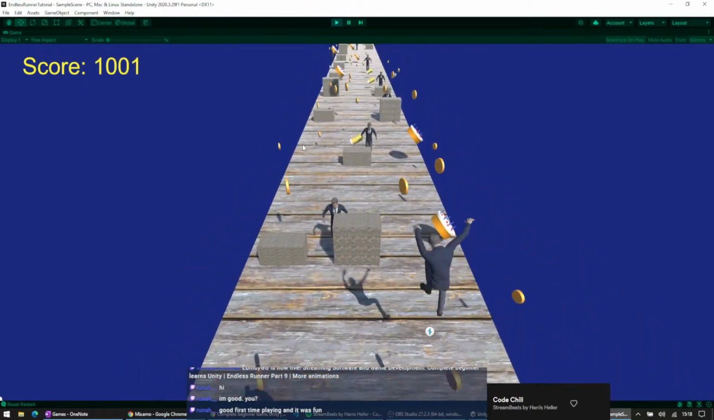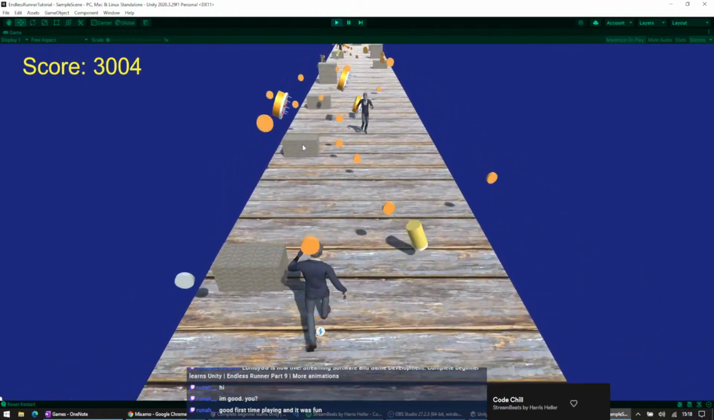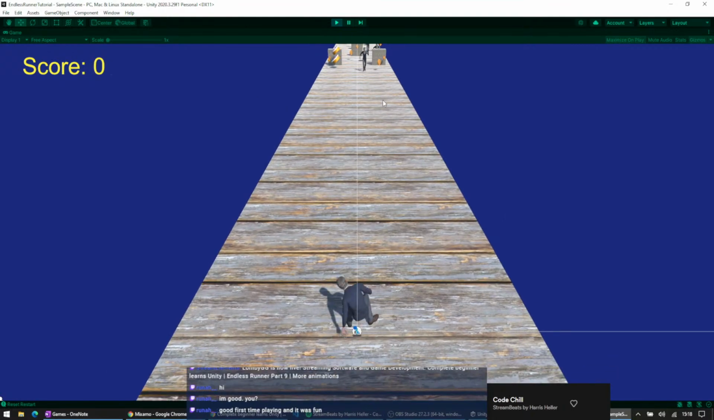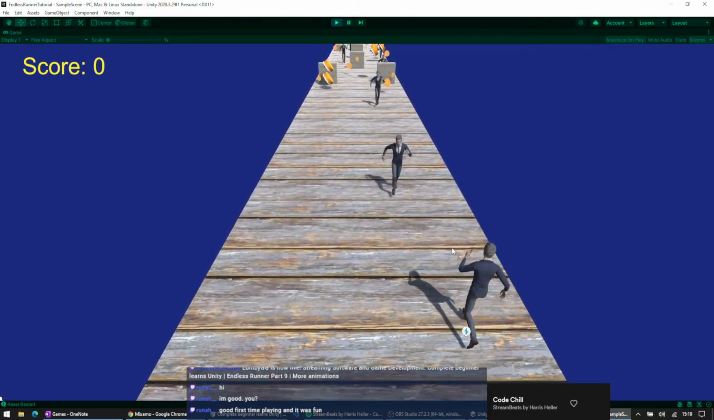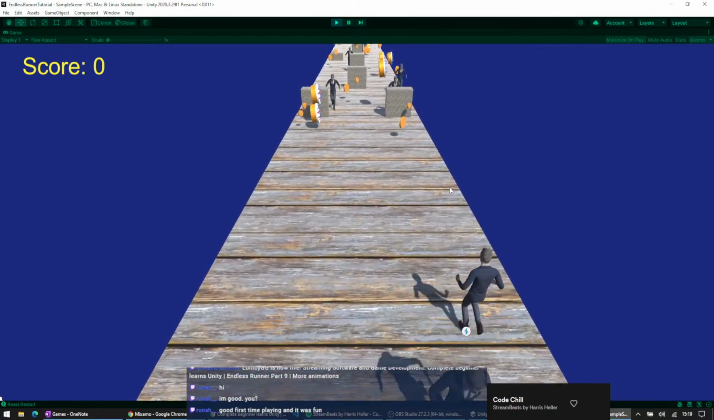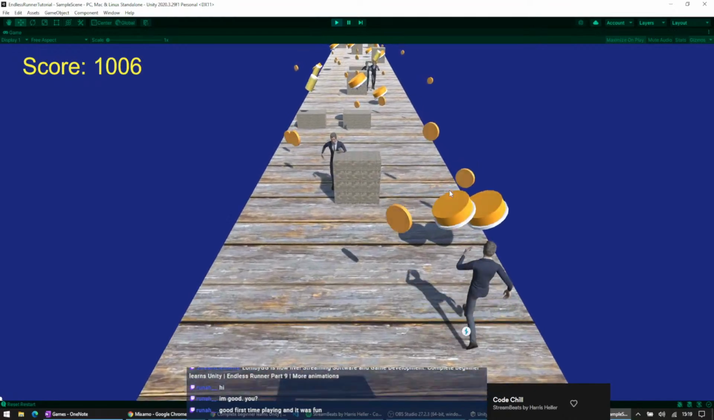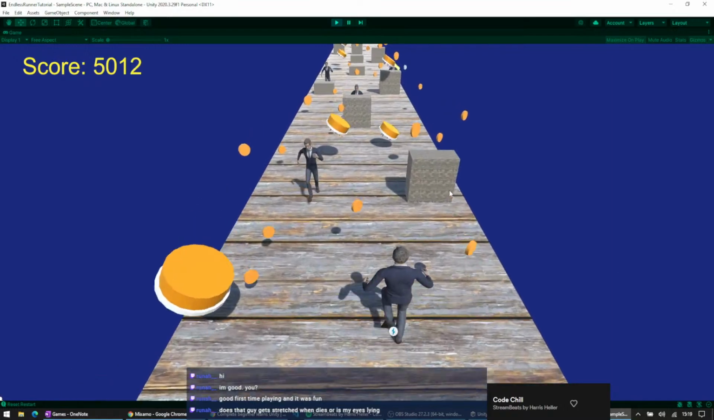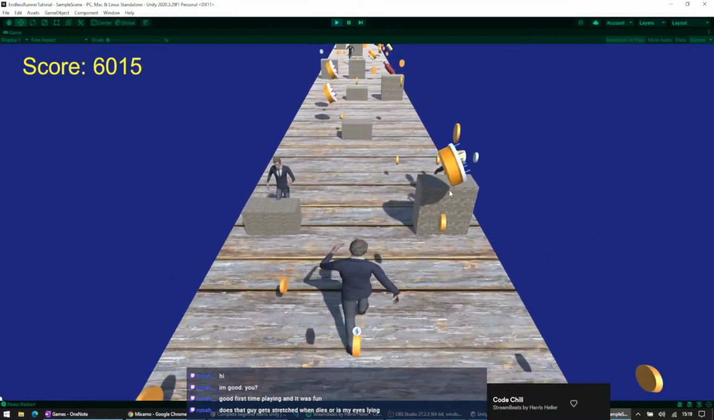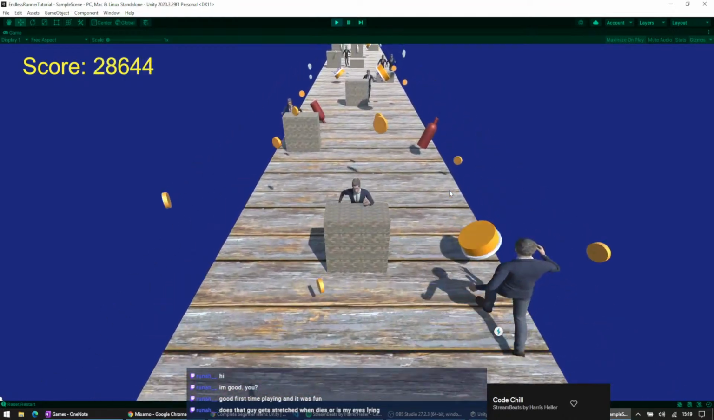Right, so there's currently no value for collecting beer, is there? And some of these look like we're hitting them, but they're just a little bit too high. Maybe we want to do the height at set values rather than doing